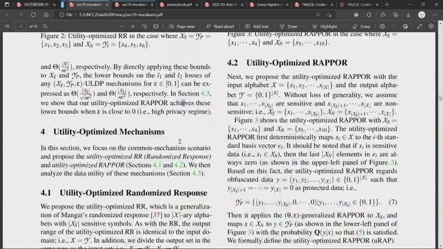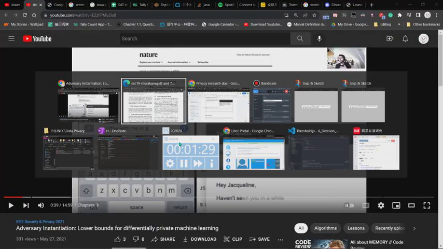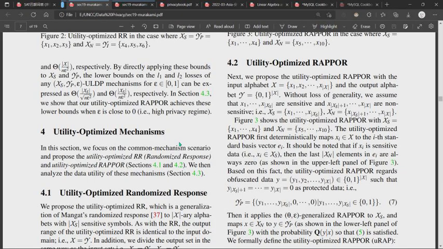4.3.2, right? Lower bounds. I think it's just some threshold that we can pass on, but I don't know what. So what does that mean? What does it mean to have lower bounds or a higher lower bounds? Does lower mean less loss, meaning there's less privacy loss in the LDP mechanism? Yeah, I don't know.